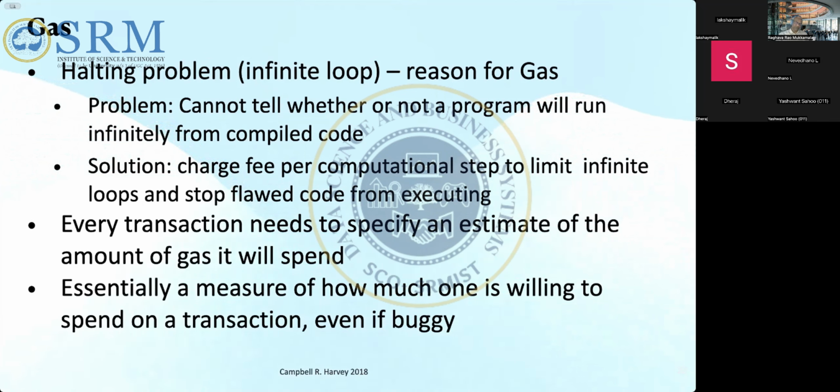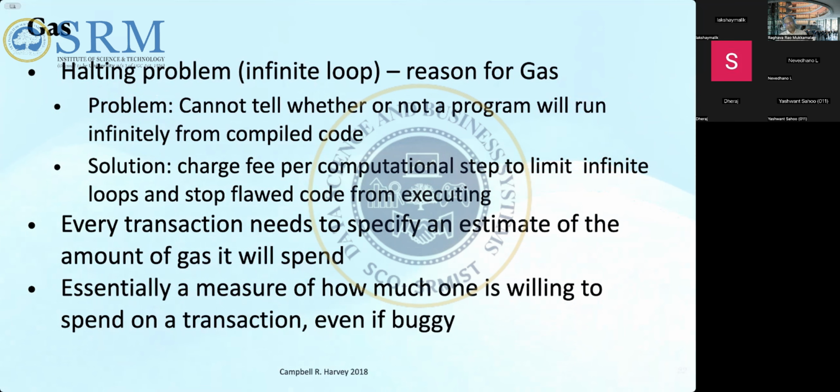For example, if you put in an infinite loop and send the transaction, then when people execute the contract, it can go into an infinite loop, right? So this is the biggest problem for them. Because what happens if you have an infinite loop, you keep on consuming the resources, it will never come out, and it will waste all the resources of the miners executing the transactions